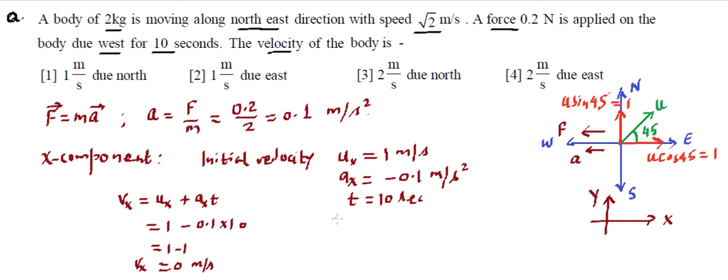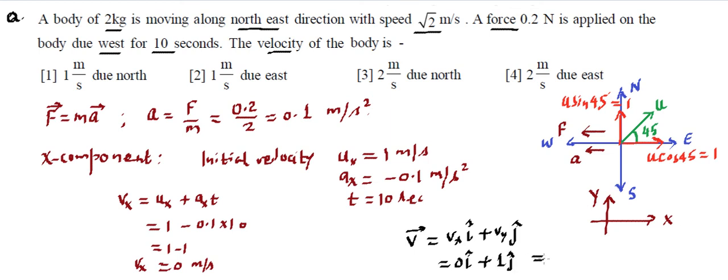Making sense? Now we need to write the total, or final, velocity. Velocity is a vector quantity. It will have an x component as well as a y component. The x component came out to be 0, so that becomes 0 i cap. And for the y component, which was 1 meter per second, there was no acceleration in the y direction, neither any acceleration nor any retardation. So as per Newton's law, this velocity will not change. It will remain 1 all through, so it's going to be 1 j cap.